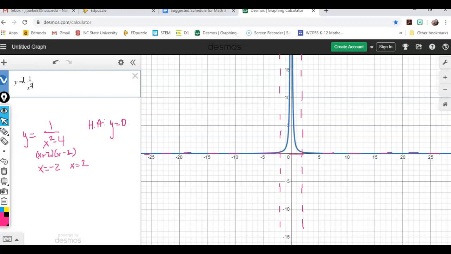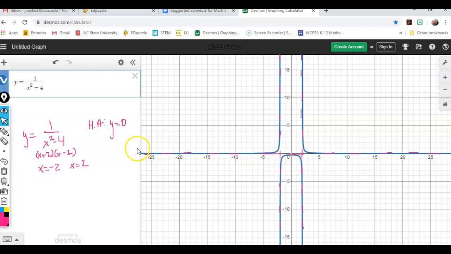X squared minus 4. If you don't have something like Desmos handy, then you can just pick points. Pick a number like negative 5 that's way over here past the asymptote, and it'll give you that point. And then you know, oh, it's up in this top side. All right. And then this one's over here. Notice our graph hugs those asymptotes. Doesn't quite get on them, but it hugs them all the way down. And so that means we have